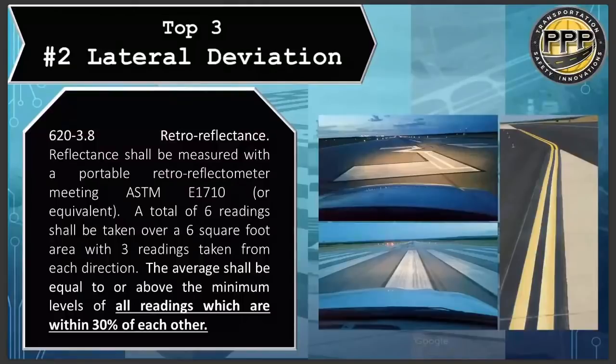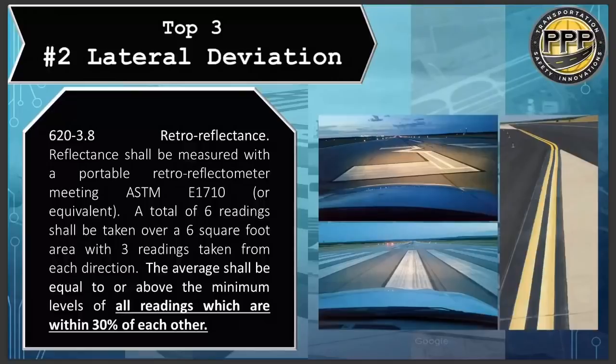That basically means that the standard deviation should not be greater than 30%. I mean, they should all be pretty close. Basically what this is trying to define is that if you take however many readings you take to get your average, they should all be pretty close to one another. If you look at the pictures here on the right, this inspector actually sent us these